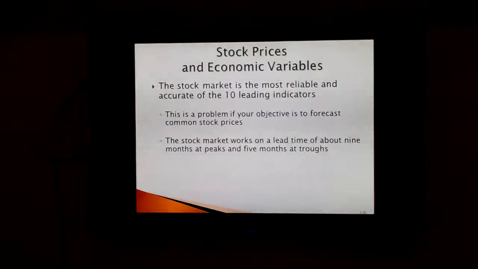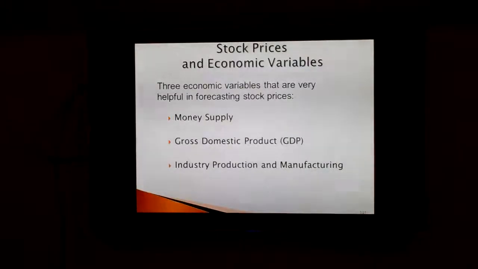Stock prices and economic variables. The stock market is the most reliable and accurate of the 10 leading indicators. This is a problem if your objective is to forecast common stock prices. The stock market works on a lead time of about 9 months at peak and 5 months at troughs. Okay, interesting statistic. Three economic variables that are very helpful in forecasting stock prices are money supply, GDP, and